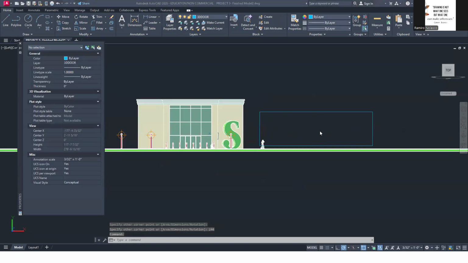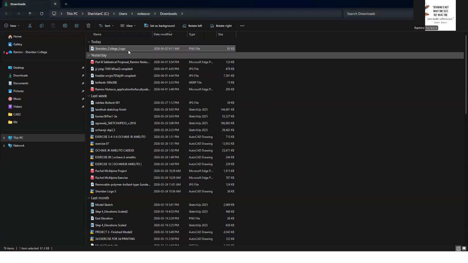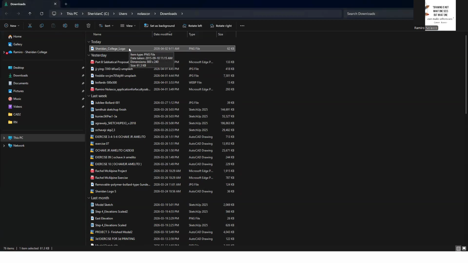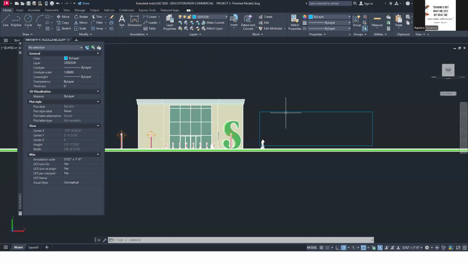That's the reason why you wanted to check the dimension of your picture. Okay? So that when you apply it, it will be proportional. Okay? So 800 by 240. Okay? And then, of course, you don't want it this big.